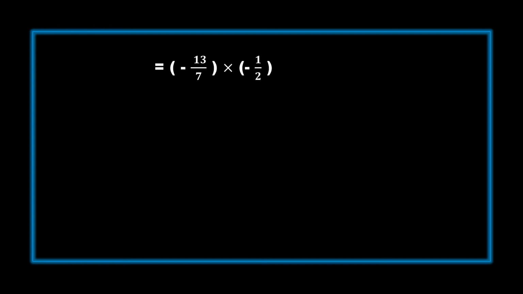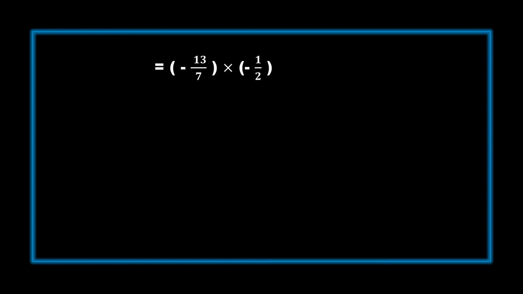So here we need to do the multiplication. Whenever there is multiplication between two rational numbers, don't take the LCM. You should take the LCM only when there is a plus or minus sign between the rational numbers, not for multiplication and division. Whenever there is a multiplication symbol, you just multiply the numerators and multiply the denominators.